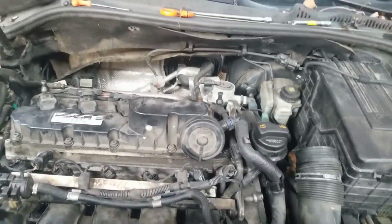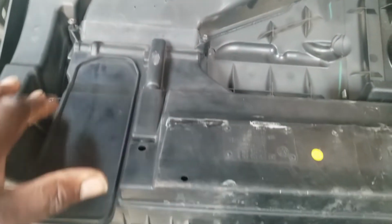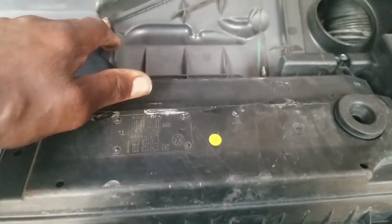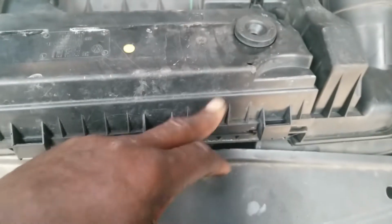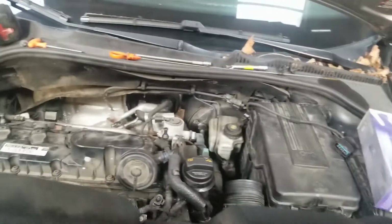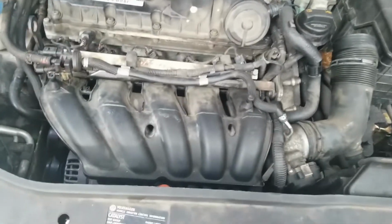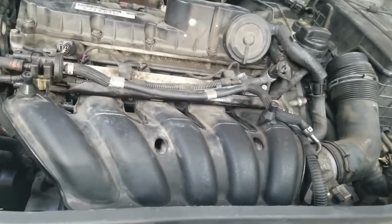Okay, now another thing, right underneath here is where your air filter is. On the bottom, you have a number of screws to loosen this and take this filter out of here. You can replace that if you need to. All right, with that said, I'm going to set this down and we are going to proceed